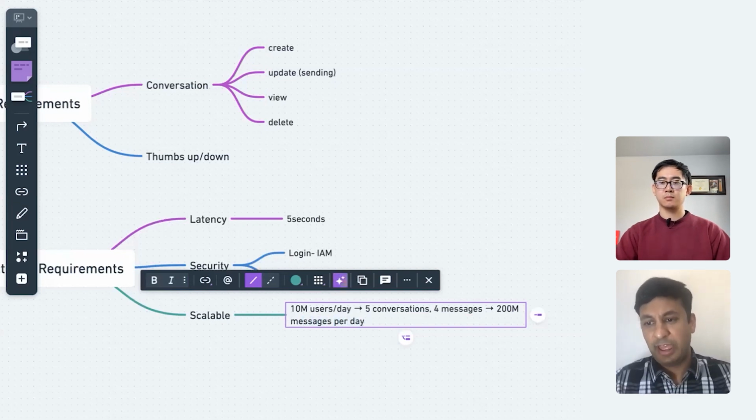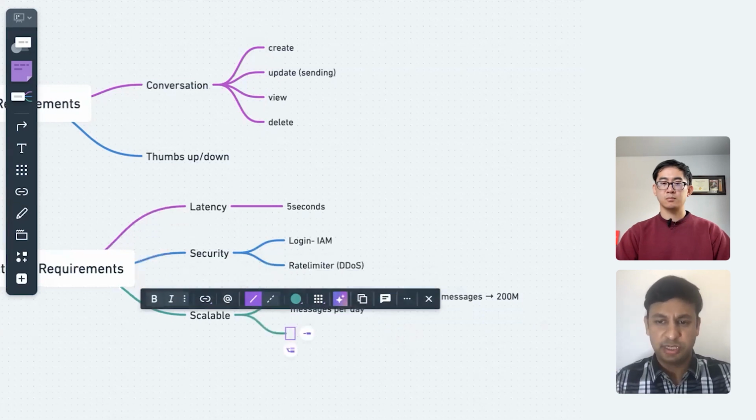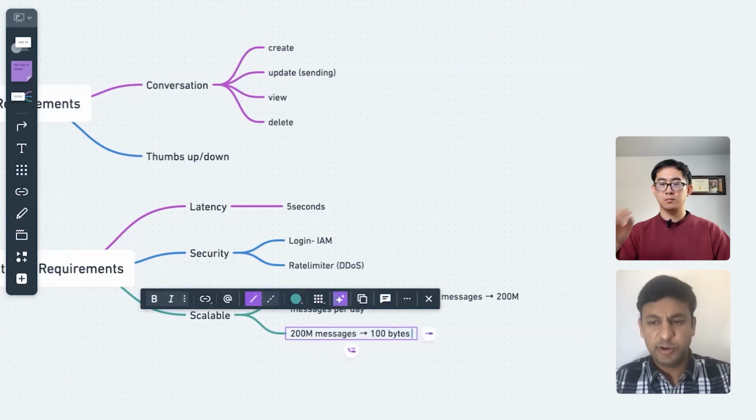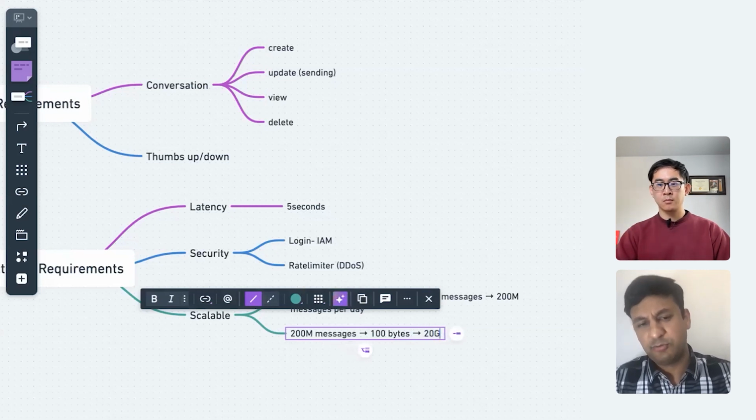So obviously this is a lot of requests. Like if I'm sending 200 million messages to the server, it's a lot. I need to consider a load balancer in my design later on. And that's about the server, the number of requests. Then even if we talk about storage, storing those 200 million messages, even if I assume 100 bytes as a message, although I'll estimate later on, that will give probably 20 gigs per day,